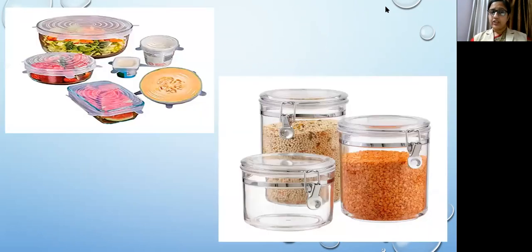Then there is a variety in the containers we use for storage, they also vary in shapes and sizes. You can say here there are two figures, so different types of shapes are there. So this first picture shows different types of shapes. Here you will see a cuboidal shape also, and in the second picture a cylindrical shape is there, a conical shape is also there. So there are different shapes.